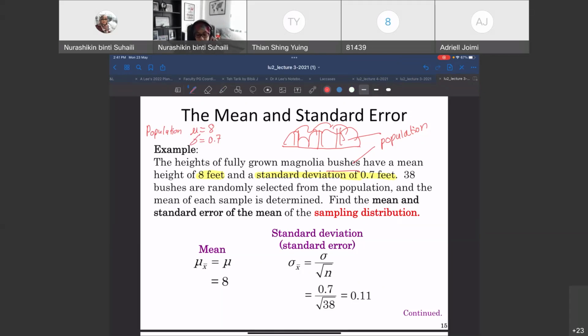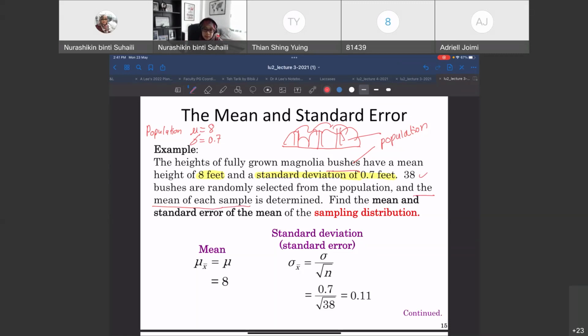Okay, now 38 bushes are randomly selected from the population. So it means the bush is a big bush, and inside that bush there are sub bushes, something like that, because it says here 38 bushes are randomly selected from the population. So you imagine that there are 38 samples actually, and the mean of each sample is determined. The mean of every bush, actually,